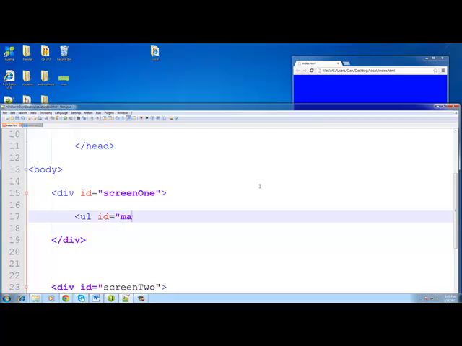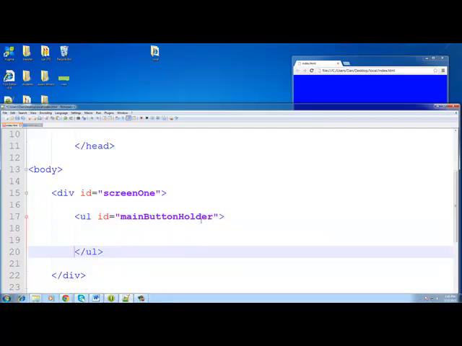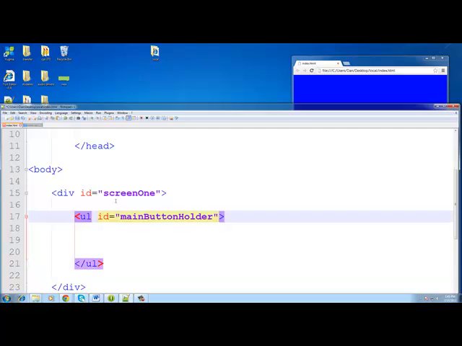ULID equals main button holder. Remember, capitalizations do matter. You could do it all caps, just make sure. I'm actually just doing it so you can see the name difference. Okay, class,